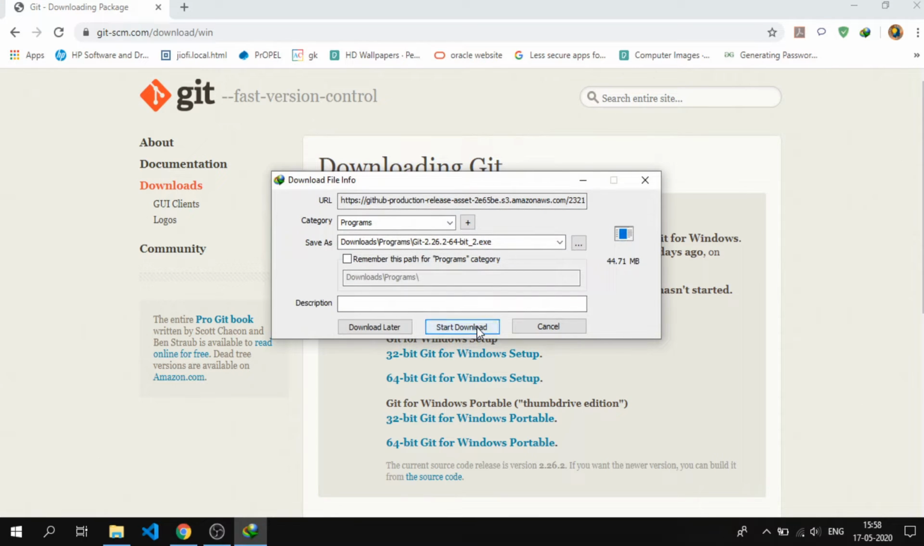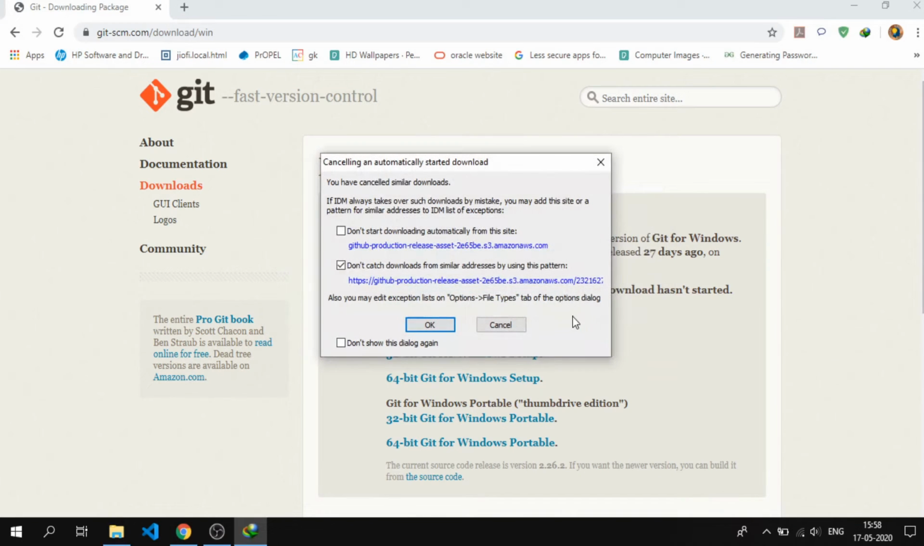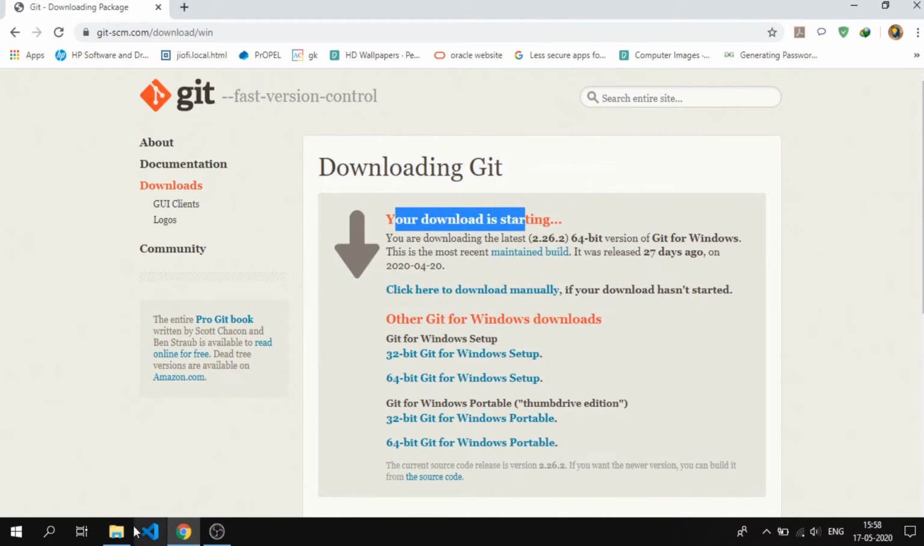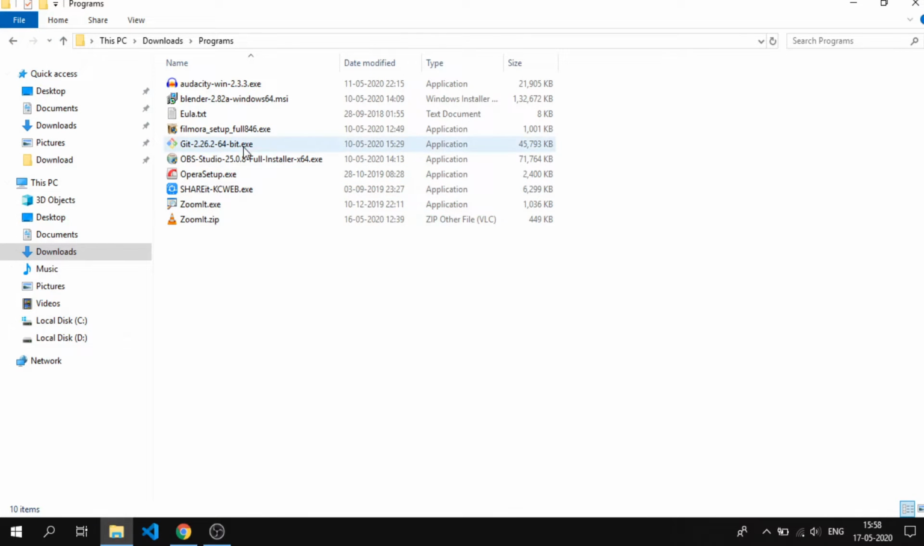I already have this software downloaded, so I will not download it again. So let me show how to install the software now. Here is the setup file. Just double click it and yes,